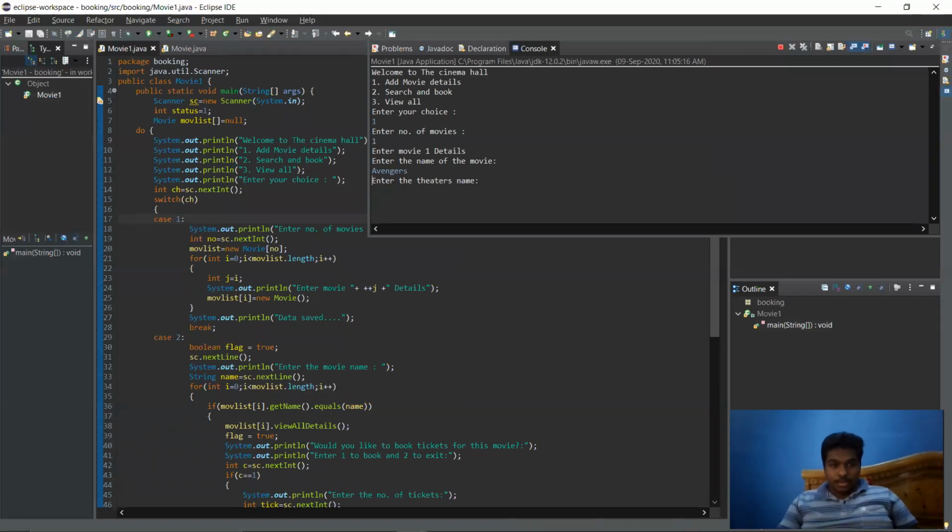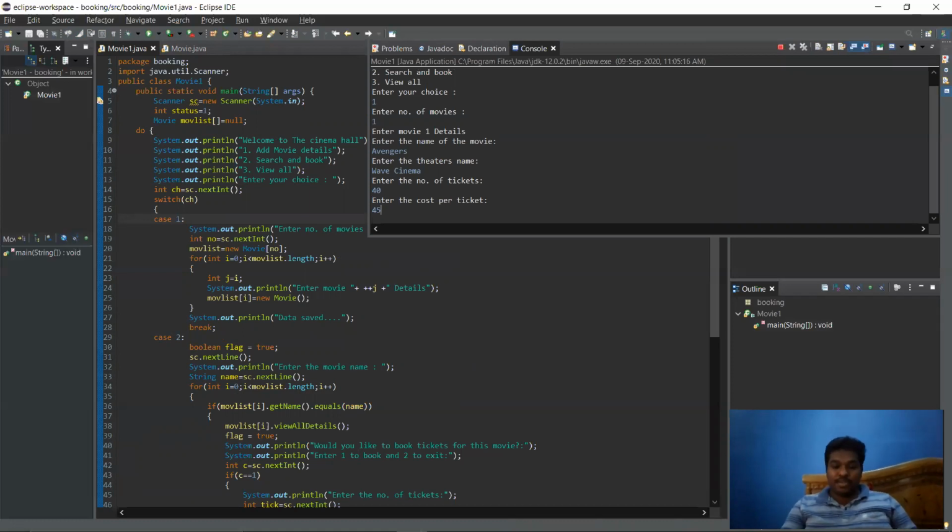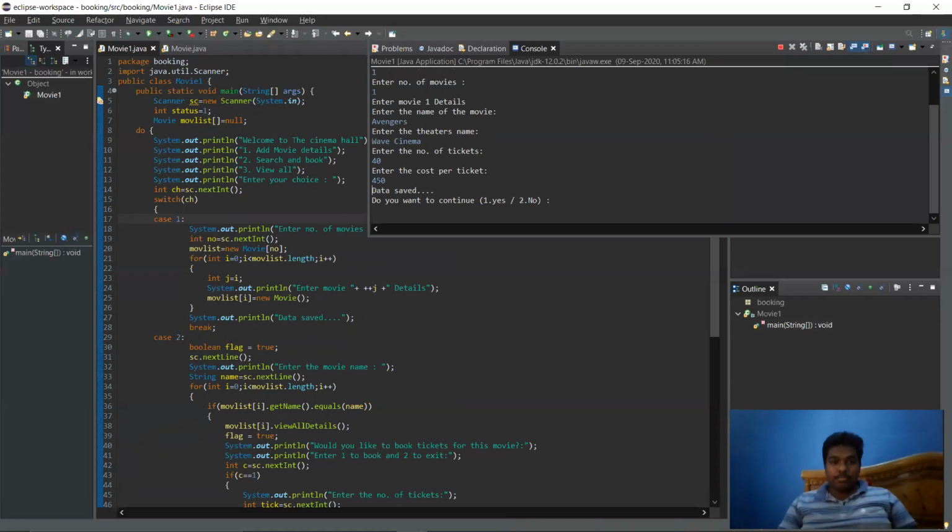Enter the theater name: Wave Cinema. Enter the number of tickets available for selling: 40. I have entered that, and the cost per ticket is 450. Just random data is saved right now, and it will ask, do you want to continue? One for yes and two for no.